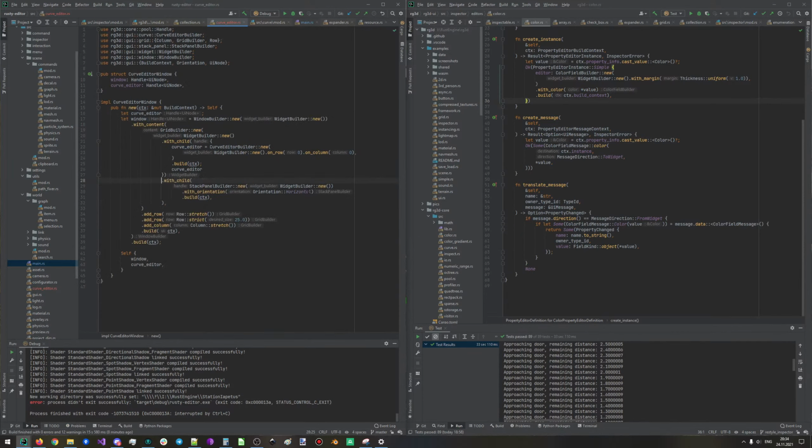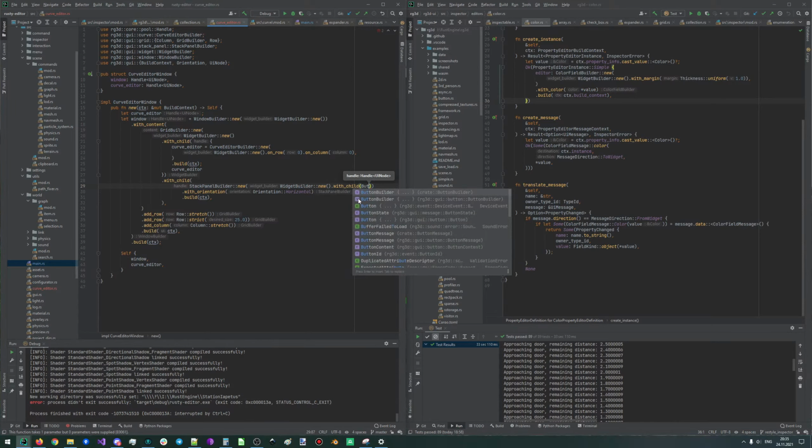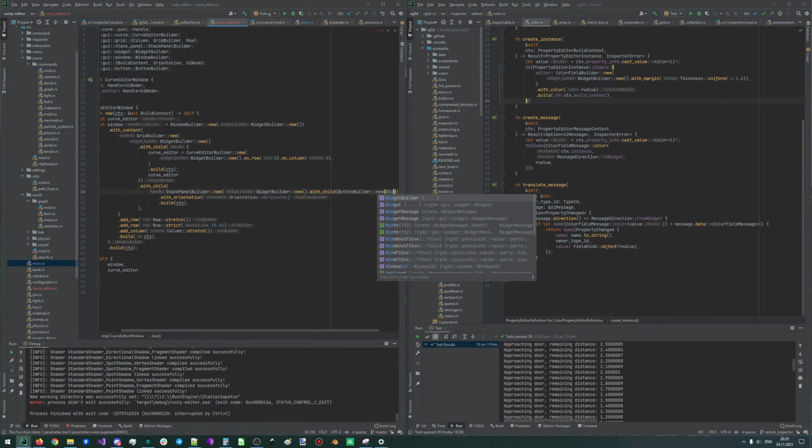By default, it has vertical orientation, so it stacks objects one after another, but for our purposes it isn't enough, so we need to lay out everything horizontally. And here we want to create a child. Again, our child will be a button, and we also have a few buttons in here. So let's start by doing this,